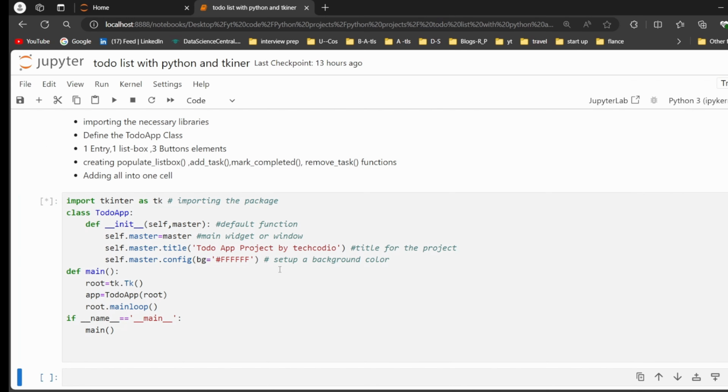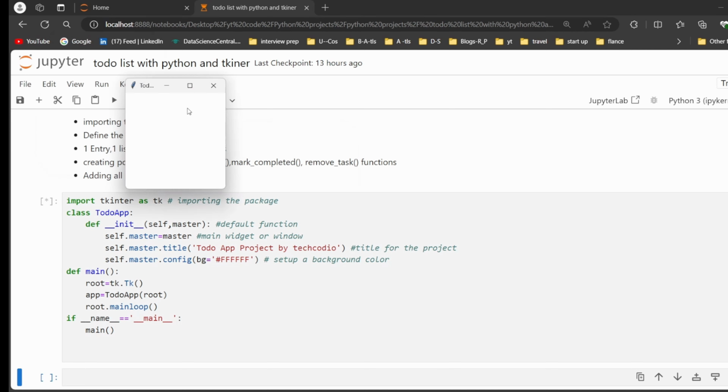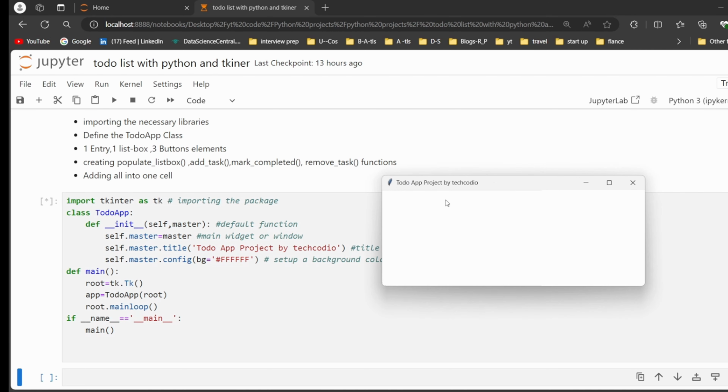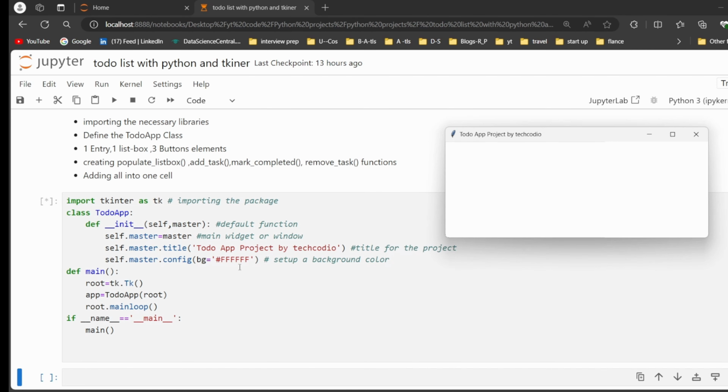After that, we created a title for this project. See, it is the title for our project, right? Then self.master.config sets the background color. I hope these 3 lines of code are clear. After that, I created one more function. In this function I created